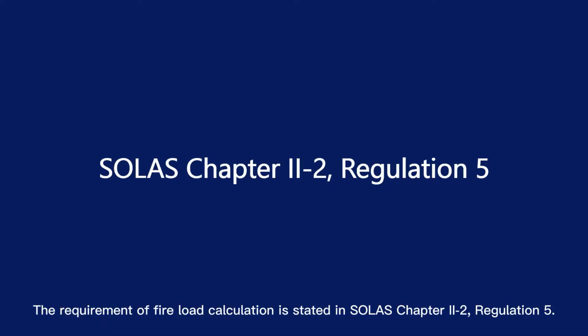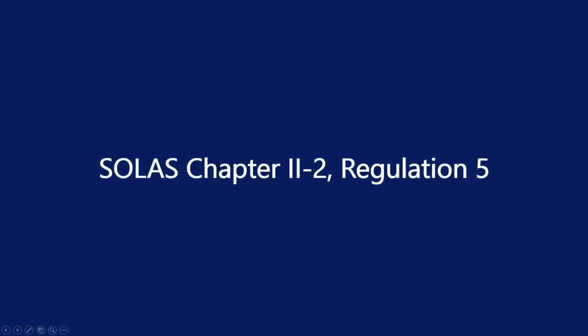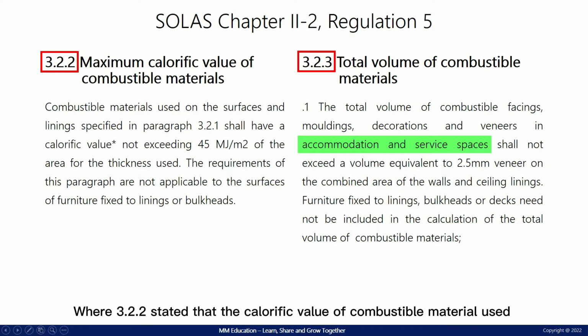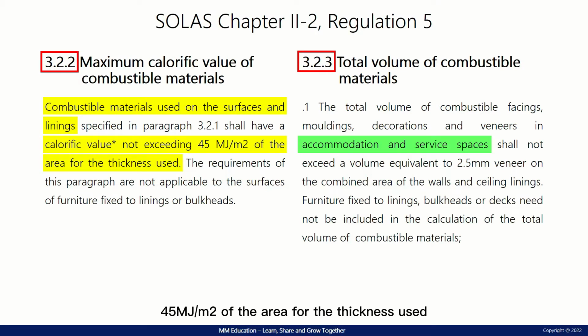The requirement of fire load calculation is stated in SOLAS Chapter II-2, Regulation 5. An enclosed space is required to comply with both the 3.2.2 and 3.2.3 requirements, where 3.2.2 states that the calorific value of combustible material used on the surfaces and linings should not exceed 45 MJ per meter square of the area for